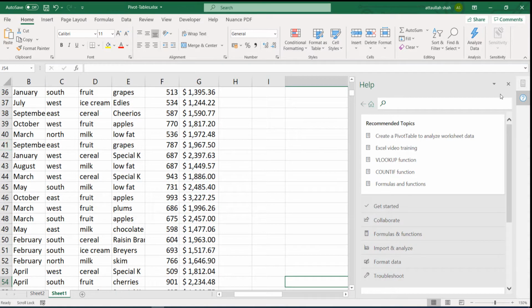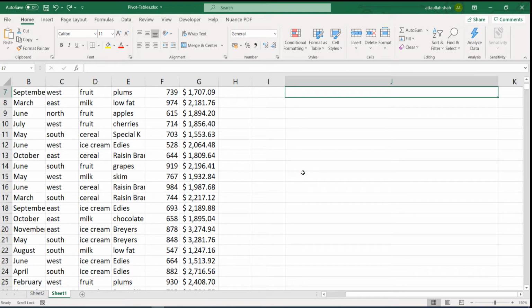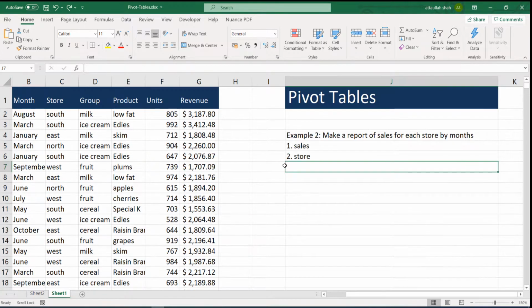Now, concerning the third one, which was months.